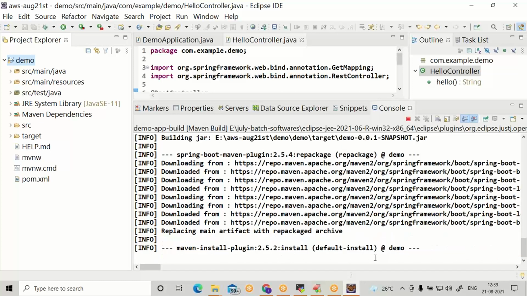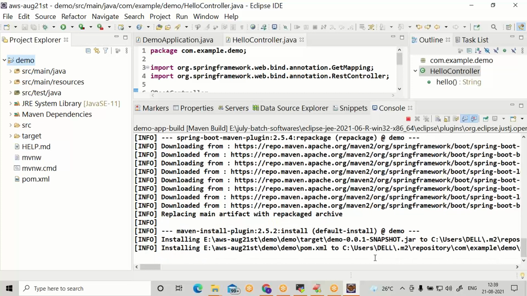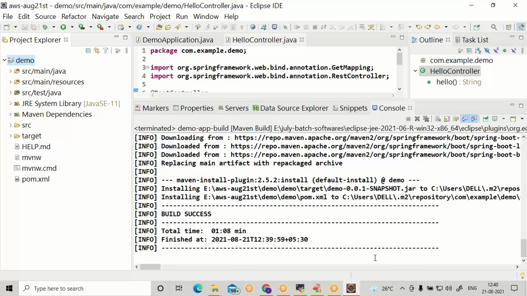It's taking some time, lot of things it has to do. Finally, we are getting a build success. This complete operation, taking the content of the project and packaging as a jar file.